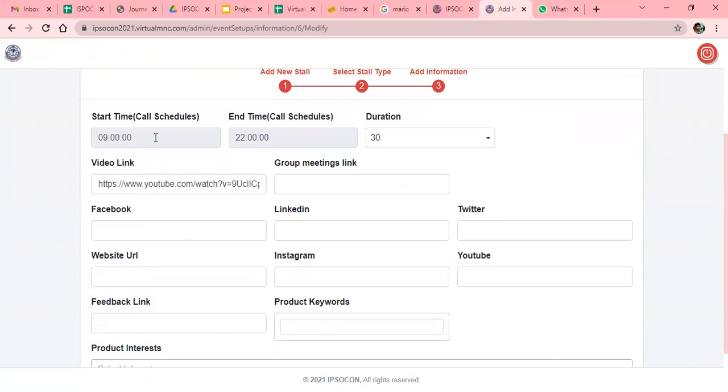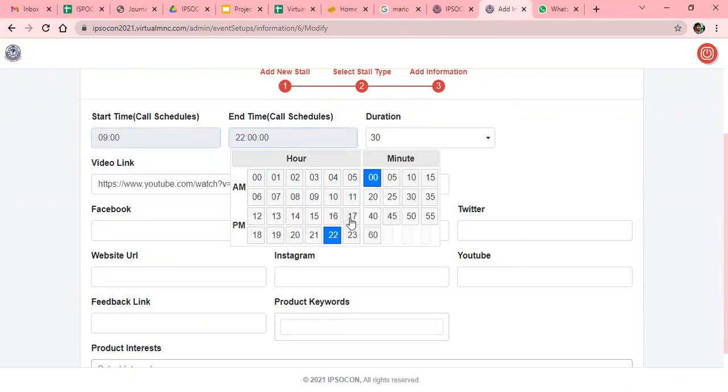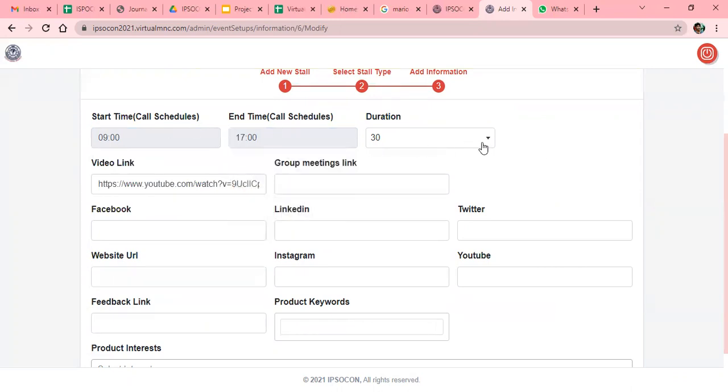So this is the timeline, like the event is starting at 10 o'clock or 9 o'clock, whatever time. Whenever your representative logs in, they can set the time here, like they will be on the booth from 9 o'clock till evening 7 o'clock or 5 o'clock. So this whole session will be divided into 30-minute slots. When the delegate comes, they can find the slot and book slots from the front end.